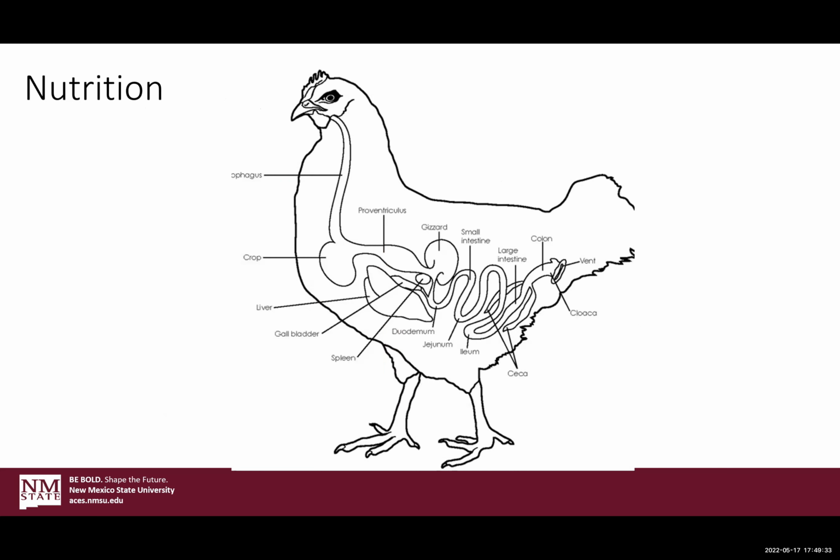Okay. So they're really pretty simple in terms of their digestive tract, and unique at the same time. They have this crop that's the first stop for food. And this is where the grit will fill the pocket, small stones. They use that to break down the particle size of their food a little bit. And then it will move into the